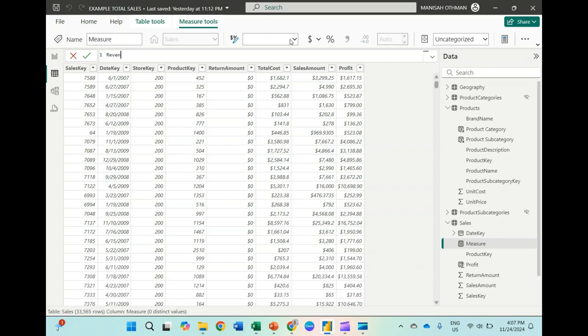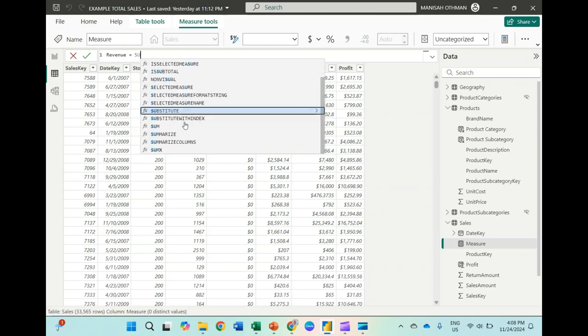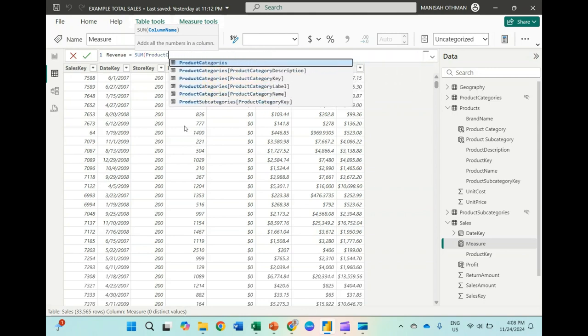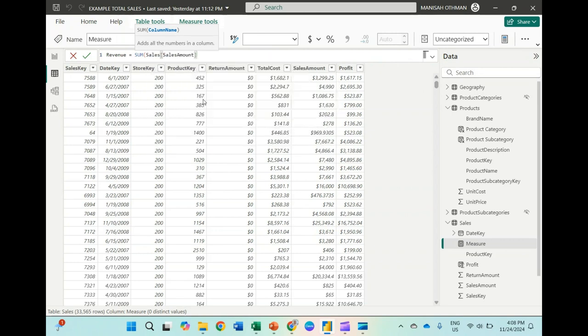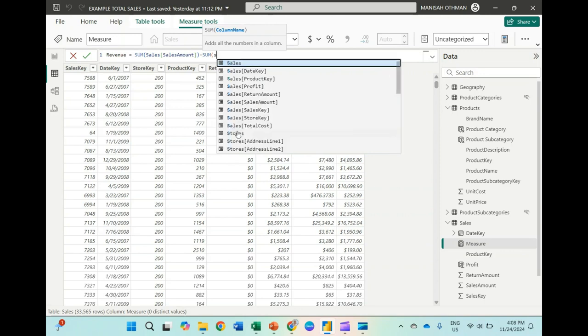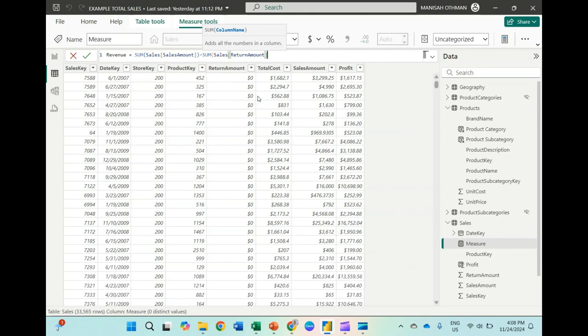Okay, revenue equals to sum, sales amount. We want to choose sales amount. Okay, rows minus sum of sales return amount. Okay, so revenue must be based on the minus the return amount. Okay, so enter.